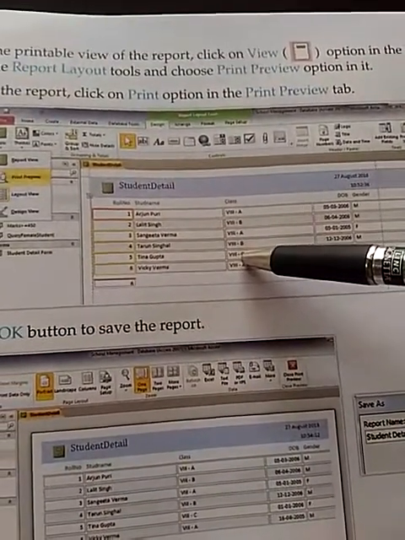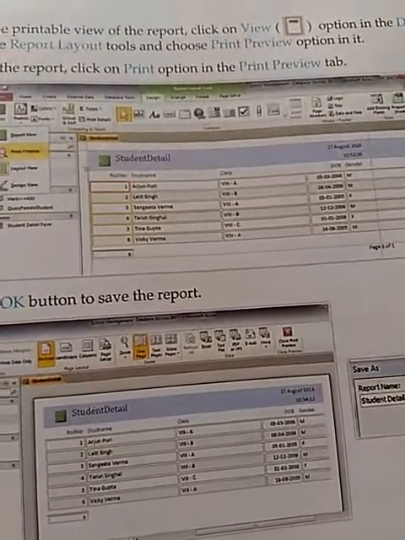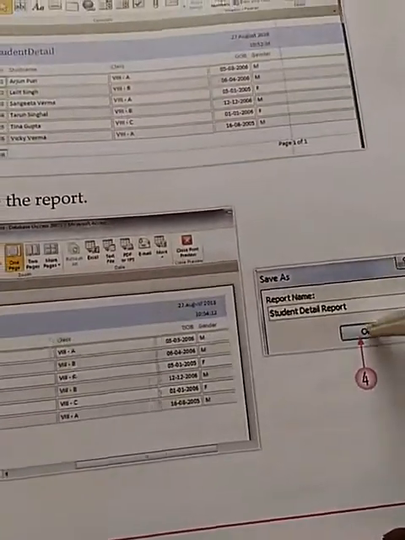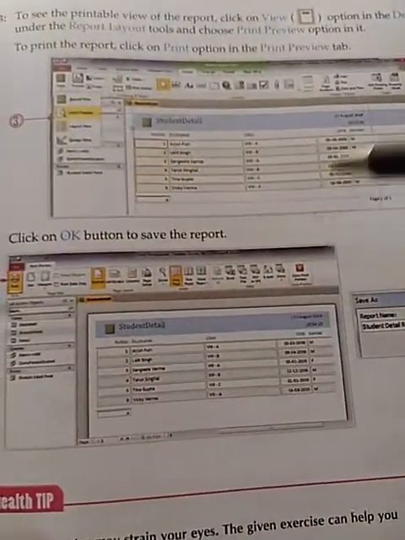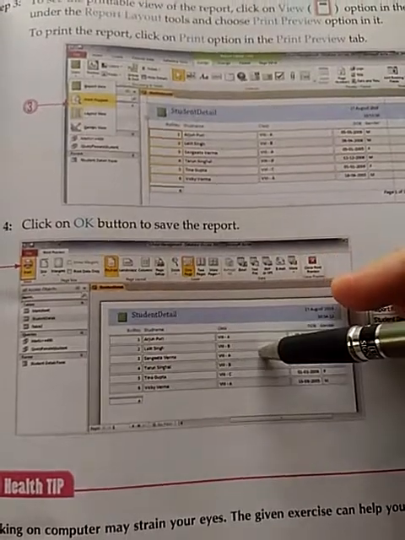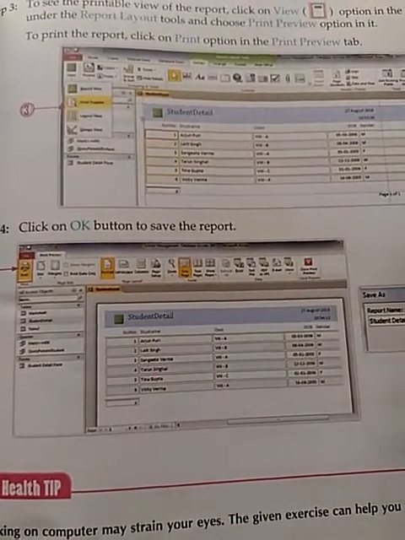Now simply click on the save button, provide the name and save the report. In this way, you can save a report. Reports are in printable format. You can print the report on a piece of paper to get the entire record printed.